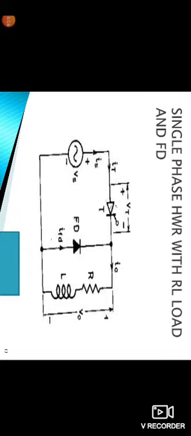In the single phase half wave rectifier with RL load and freewheeling diode, an extra element, the freewheeling diode, is added to the output side, that is the RL load. The supply voltage is indicated with Vs, It is the thyristor current, Vt is the voltage across the thyristor, and Is is the input current. IFD is the freewheeling current across the diode, and a resistor and inductor are taken across the output side, and I0 is the output current. This is the single phase half wave rectifier with RL load and freewheeling diode.